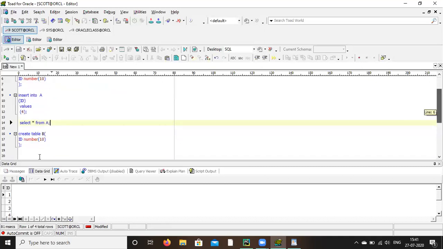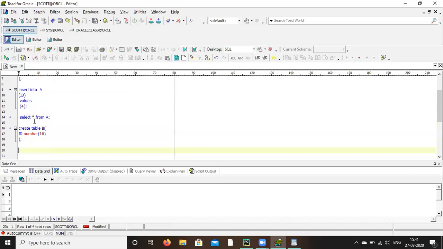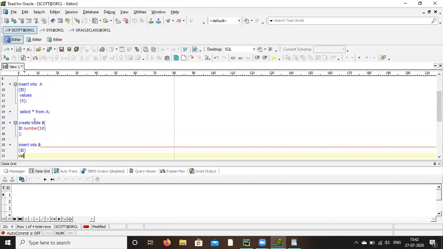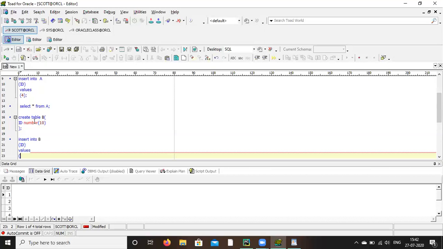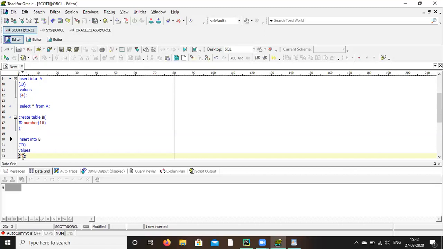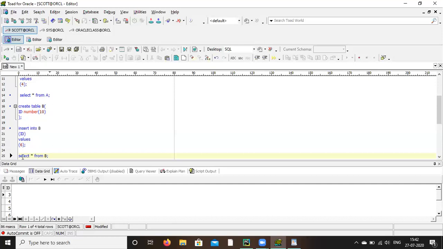Similarly, insert into B 3, 4, 5, 6. Perfect.